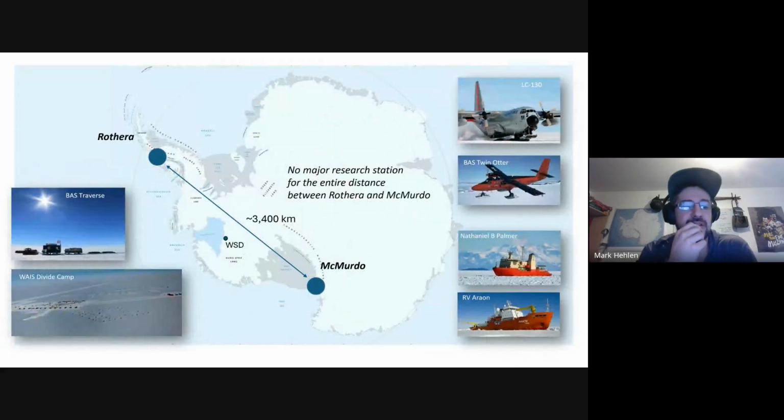The problem is that it's in the middle of nowhere, right? Sure, there's Wais Divide Field Camp, but that's a temporary set of wooden structures and a runway out in the middle of nowhere. And so we can supply it with the BAS Traverse that'll actually drive all the way up to get to us with all our supplies and our science equipment and research, or we can fly some vehicles into Wais Divide and then work from there, or deploy via Twin Otter out to